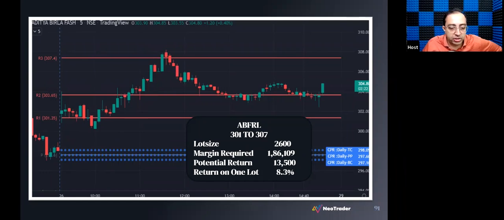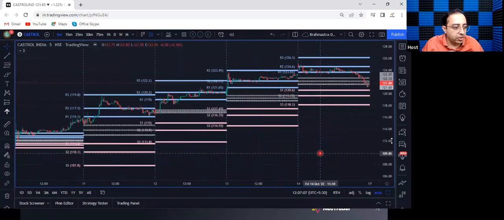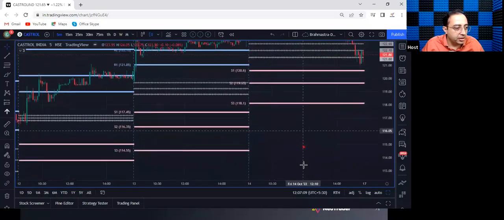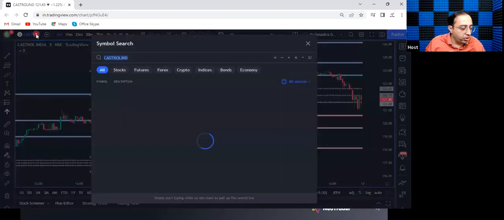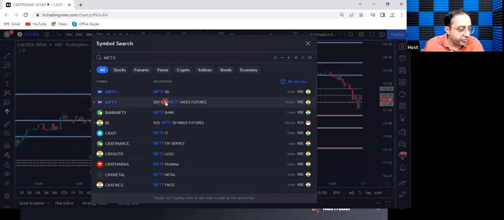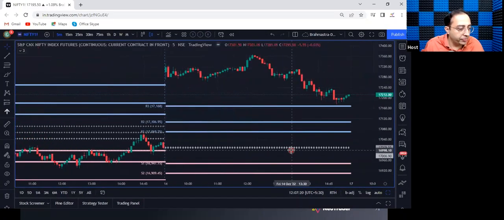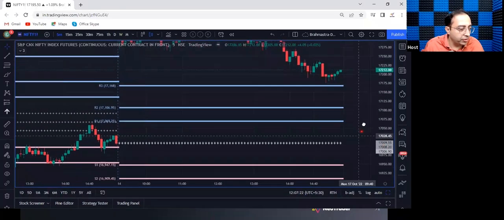So let's go and check out some examples so that we will get some more clarity on how to do this. Okay, let's put on the fib levels here and let me put on this trade here and let's check them out. Okay, let me put on the index first. So if you see here, okay, if you see here,